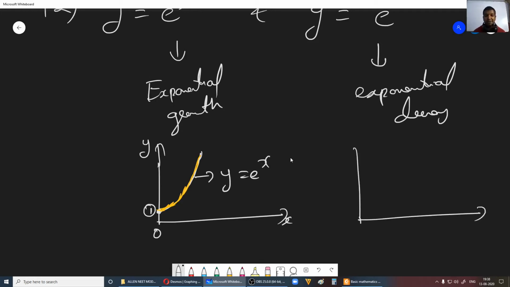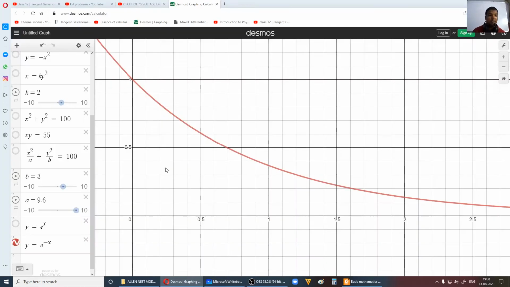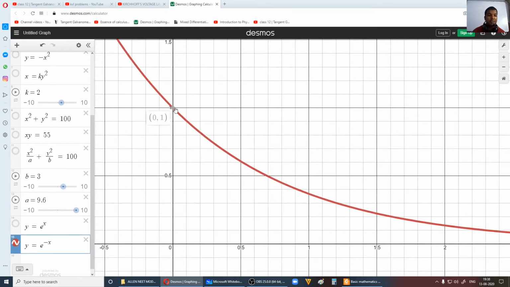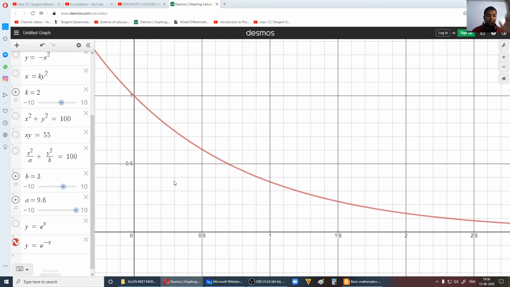Now exponential decay, with x and y axes. It starts like this. Again, if you substitute x is equal to 0, you'll get this as 1. You can see it here also, at x is equal to 1. Fine. So just draw the portion of the graph which is in the first quadrant. Now you will get to know how it helps you. Please maintain detailed notes of this, so it will be easy.